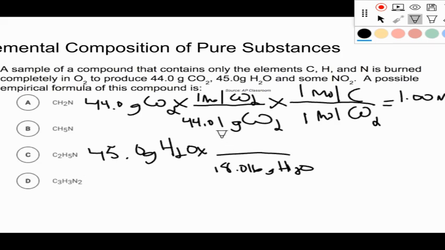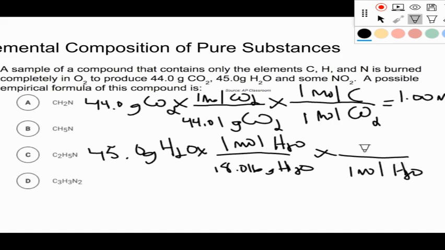And so then on top of this is going to be 1 mole of H2O. Again, I'm just going to keep doing my conversion because I've got to get to moles of hydrogen. So on the bottom, I cancel with 1 mole of H2O to 2 moles of H, because in this one I do have a subscript. So I'm going to do 45 divided by 18.016 times 2, rounded to 3 sig figs again, and it ends up being 1.00 mole of